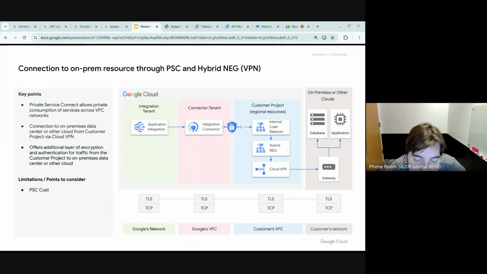Assuming there's connectivity to Google Cloud from your on-premise instance, whether it's a VPN, some sort of tunnel, or essentially if there's public access, great as well. We can create these Google Cloud networking constructs to communicate to your instance. So essentially a hybrid network endpoint group allows you to create a configuration object in Google Cloud to logically link to that service. You can put a load balancer in front of it for health checking purposes.